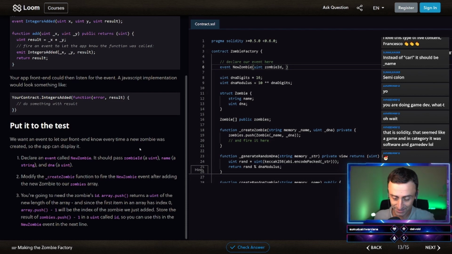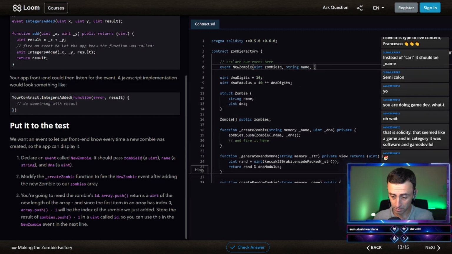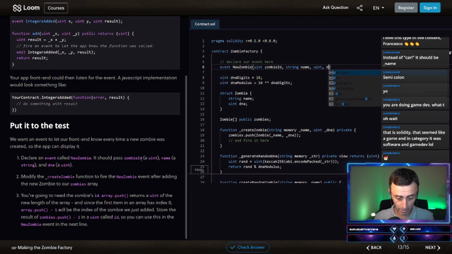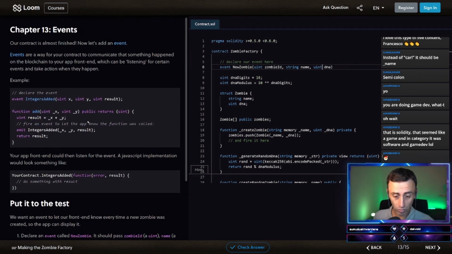Just had a haircut. Zombie ID, a name which is a string name, and a uint called DNA. Like this. Okay, so we have the event.